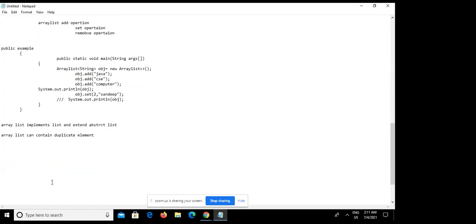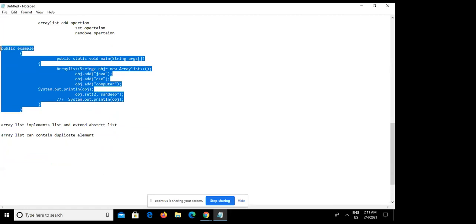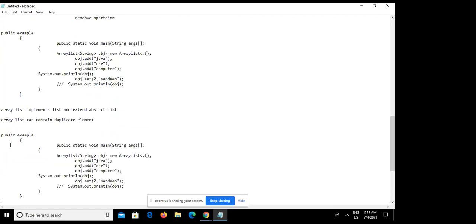Right now I'm doing the same program. We just need to change array list to abstract list. These all come under the list first.